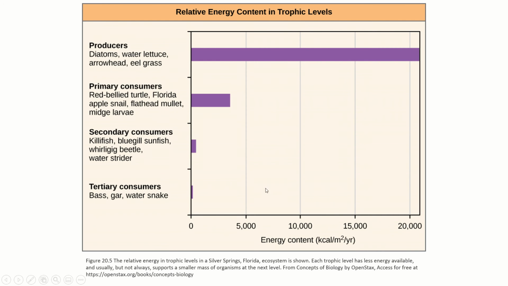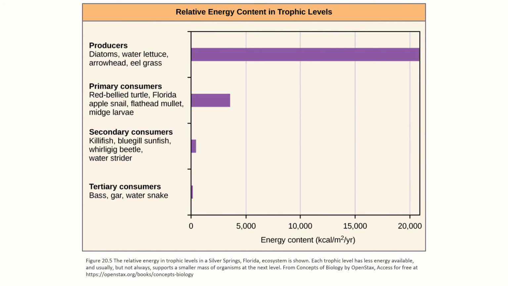So here's a trophic cascade in Florida, in, I guess, a swamp or something. So we have producers, we have lettuce, we have eelgrass, and we have diatoms, which are protists. They're producing, or they contain this huge amount of energy, more than 20,000 kilocalories per meter square per year. So if you think of a square on the ground, a meter on each side, each year that space is going to produce more than